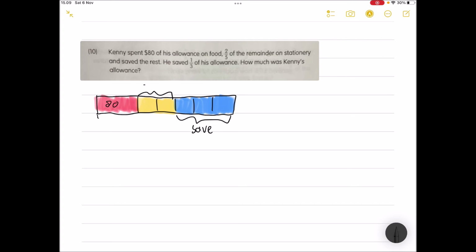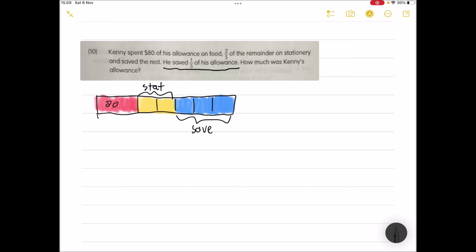This is stationery. How much was Kenny's allowance? Okay, when you read the word, he saved a third. So this 3 box is actually a third. We cannot say that this 3 is